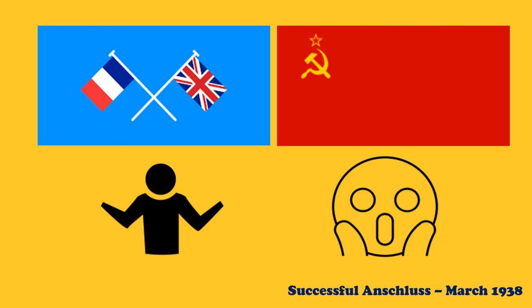And a lot of people in Britain as well believed that actually it was only logical that Austria and Germany would unite together because they were both German-speaking nations, much like the Saar back in 1935 with their plebiscite. They were a largely German-speaking territory. It makes perfect sense for them to reunite with Germany.